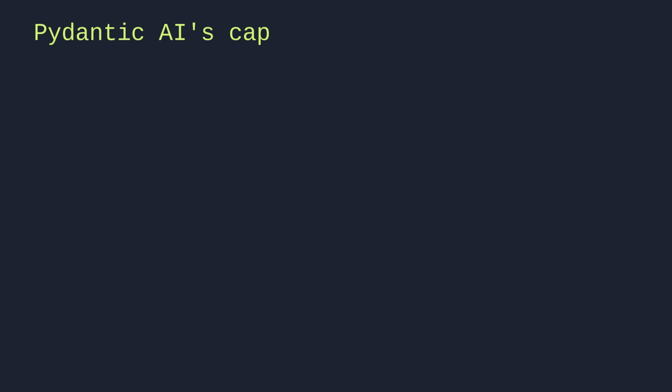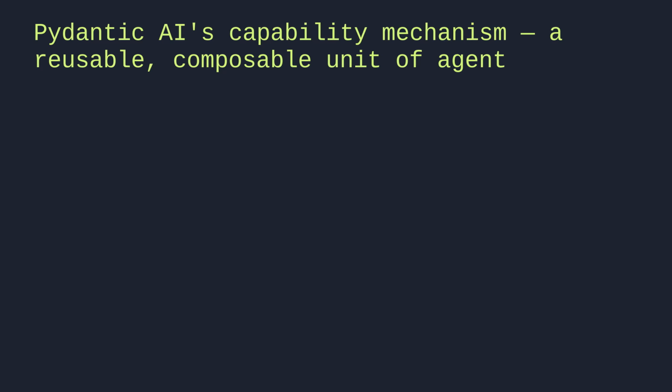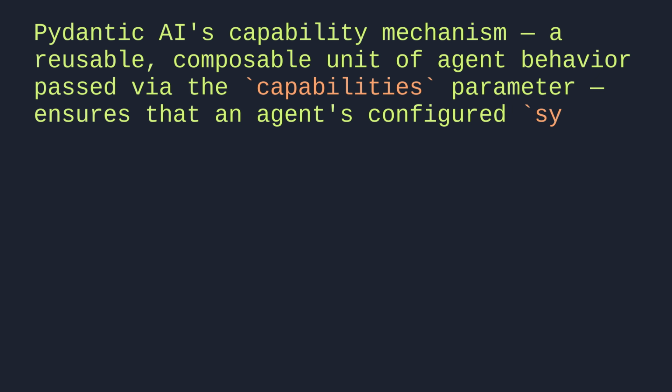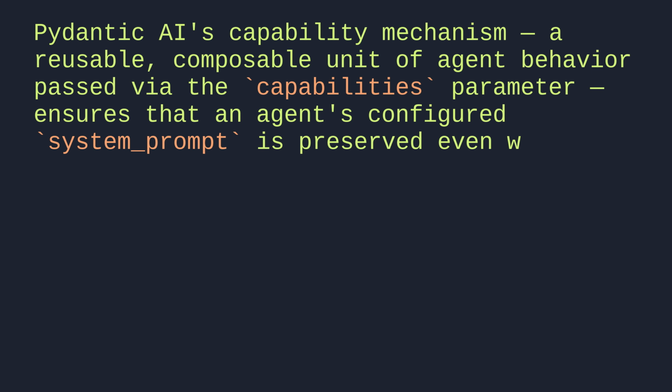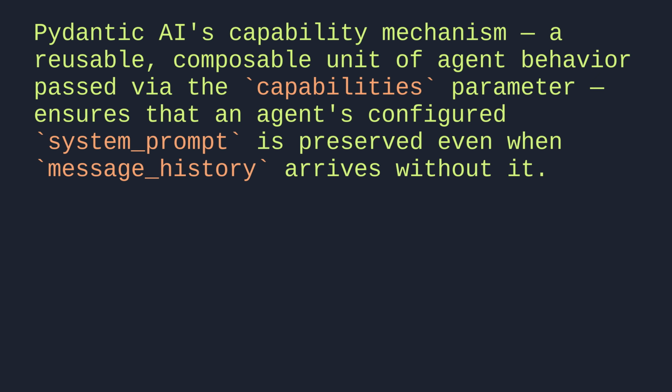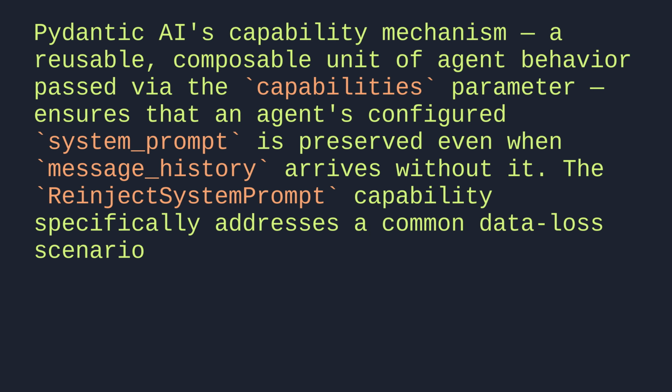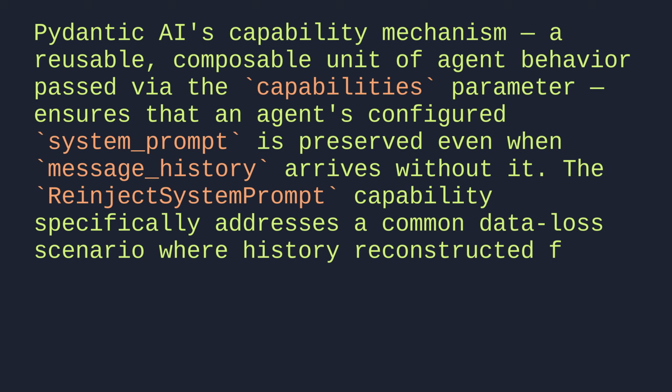Pydantic AI's capability mechanism, a reusable, composable unit of agent behavior passed via the capabilities parameter, ensures that an agent's configured system prompt is preserved even when message history arrives without it. The ReinjectSystemPrompt capability specifically addresses a common data loss scenario where history reconstructed from a UI frontend or persistence layer